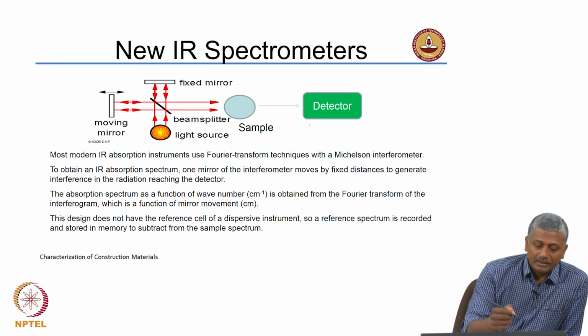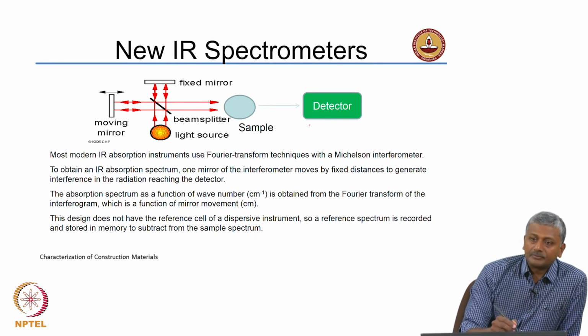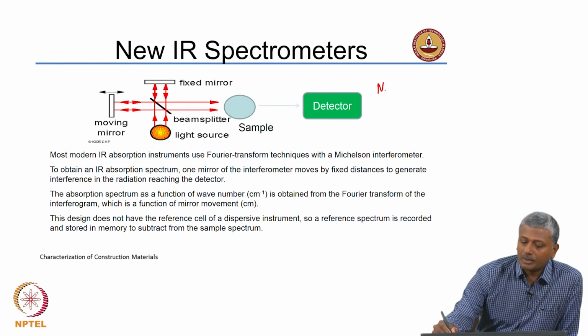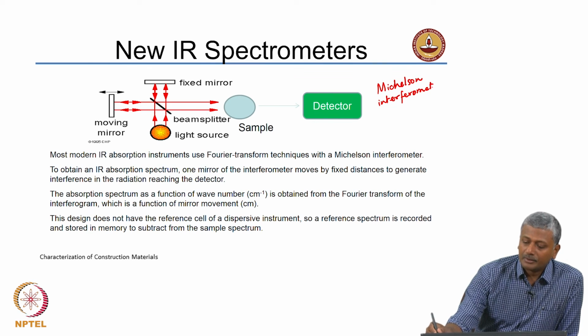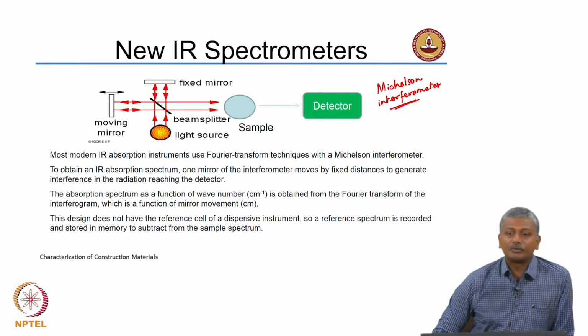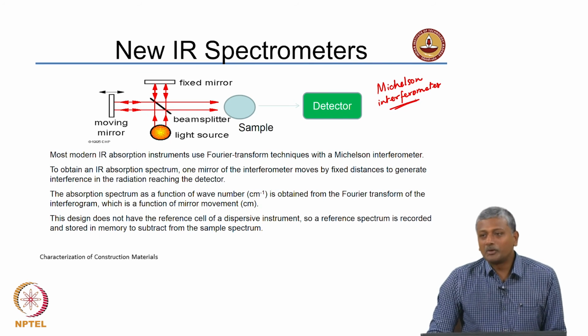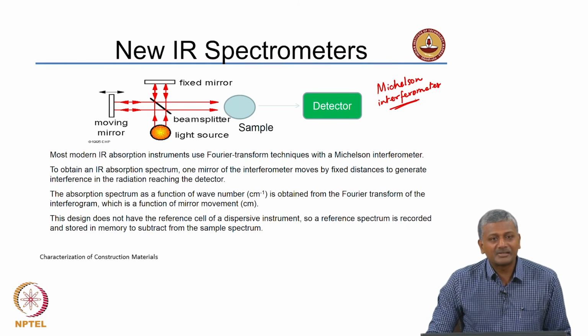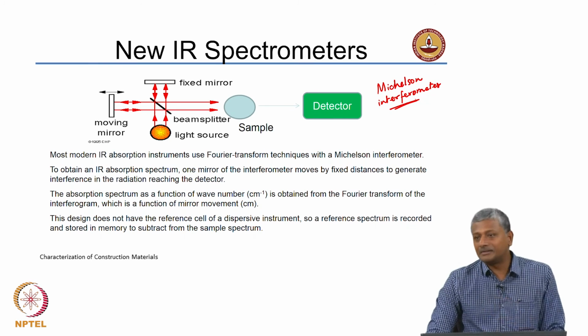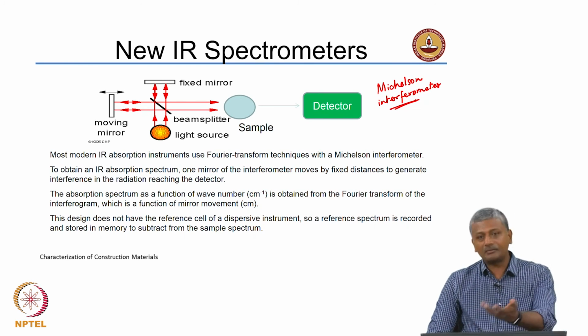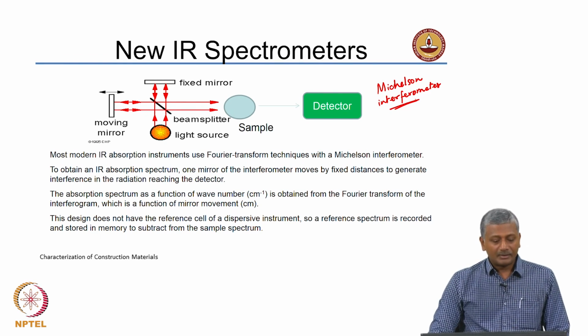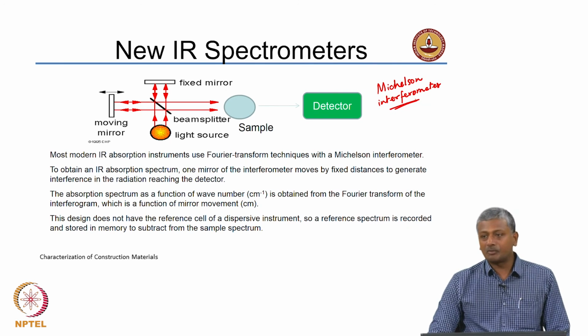This sort of interferometer is also called a Michelson interferometer, and this is something that you have learned before in physics in school, but I am sure that you would have forgotten this. It would be a good idea to look at Michelson interferometer designs on the internet. You get very good information from Wikipedia itself about this.